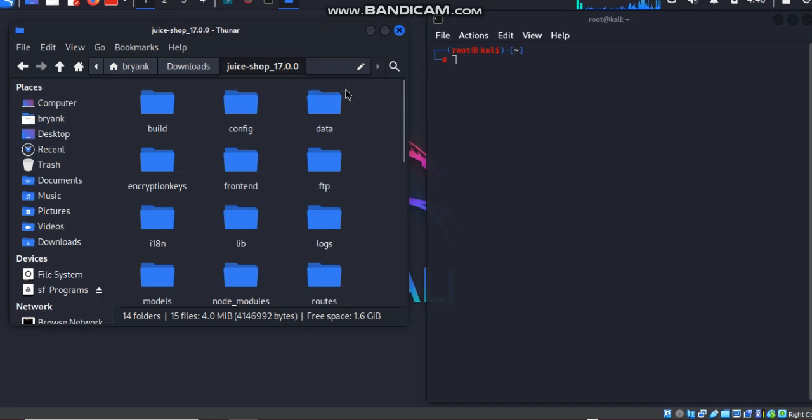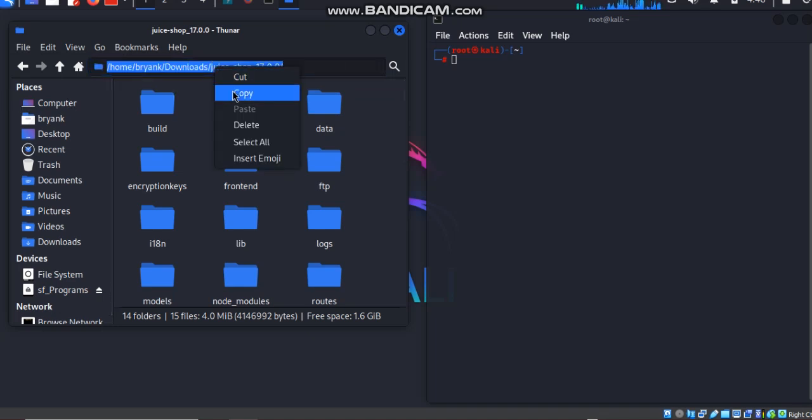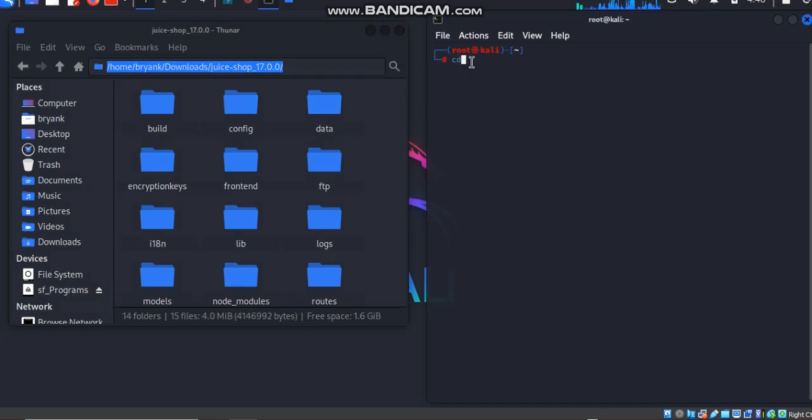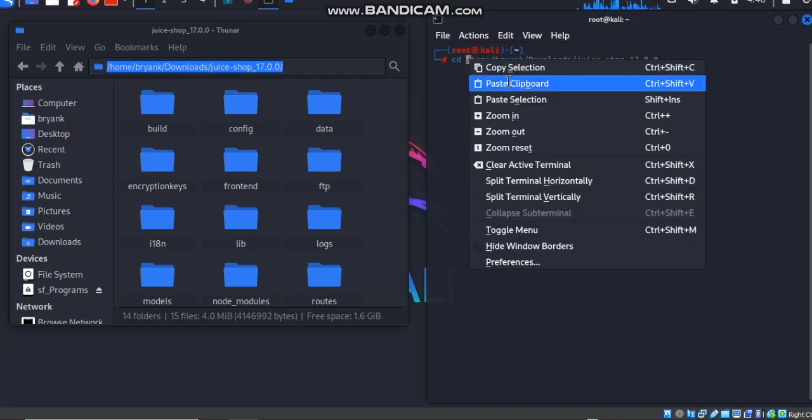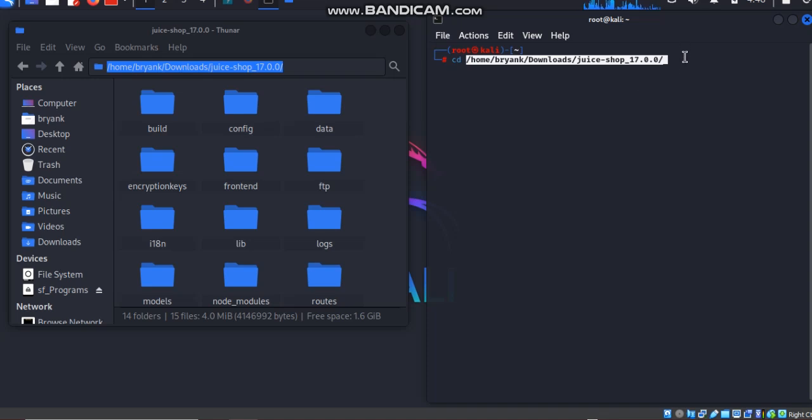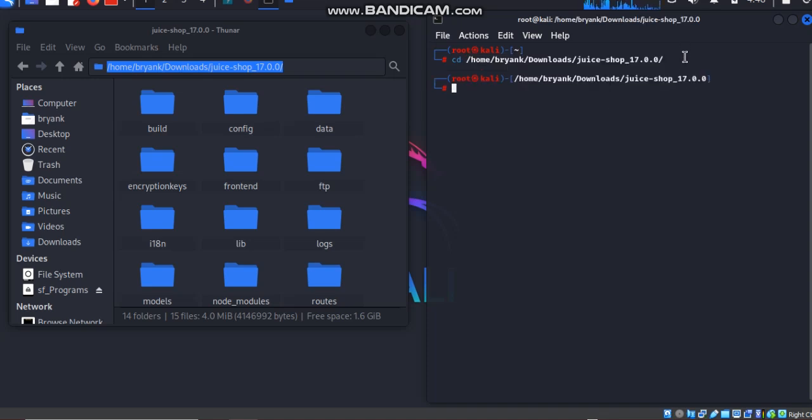Simply copy it, then come to your command line, cd, space, paste the address that you copied, then click enter. Once you click enter, it changes your directory into the download folder where you got the Juice Shop.